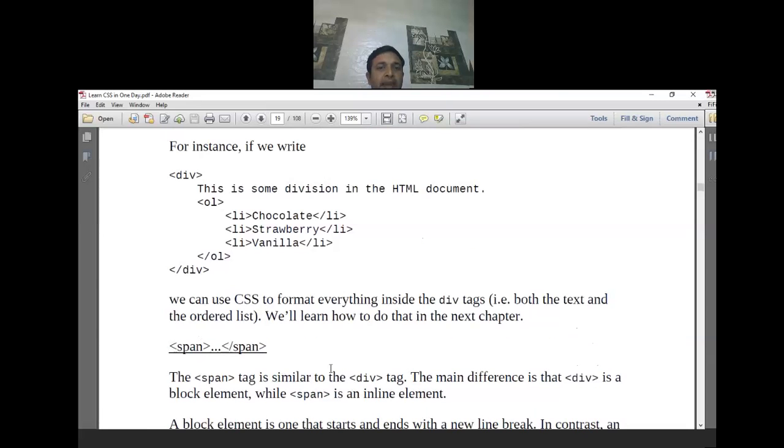The span tag you already know is already available. Span tag is similar to the div, right? The main difference is that div is a block element while span is an inline element. So majorly we use the div when we want to put some content into a particular block. We can just put it into a div and we can use the div attributes. If you wanted to give some background colors or some particular additions or deletions for some block,